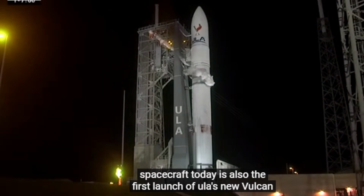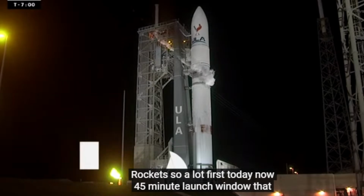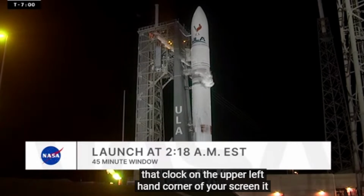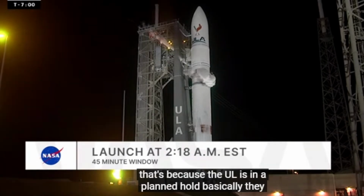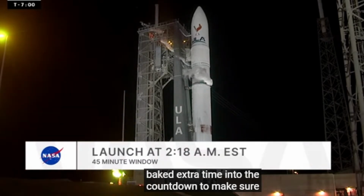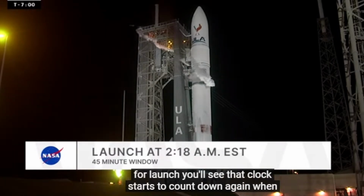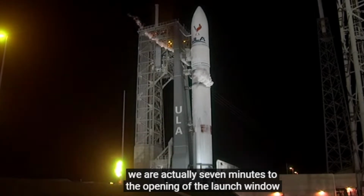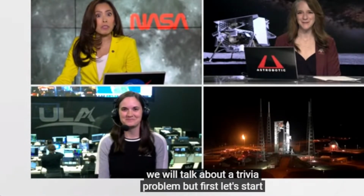Now we have a 45-minute launch window that opens at 2:18 and 38 seconds Eastern Time. But you'll notice that clock on the upper left-hand corner of your screen. It says T-minus 7 minutes. That's because the ULA team is in a planned hold. Basically, they baked extra time into the countdown to make sure everything's good for launch. You'll see that clock start to count down again when we are actually 7 minutes to the opening of the launch window. Helping me to share today's launch are representatives from both our commercial partners. We have Astrobotic